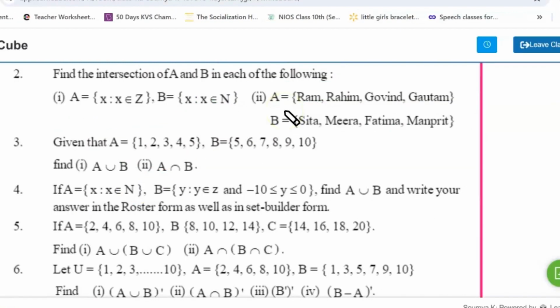Next question is Ram, Rahim, Govind, Gautam, Sita, Meera, Fatima, Anprit. So out of this, if you find the intersection of both of them, A intersection B, it would be a disjoint